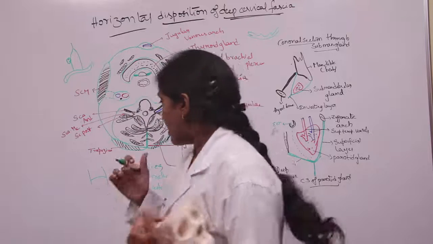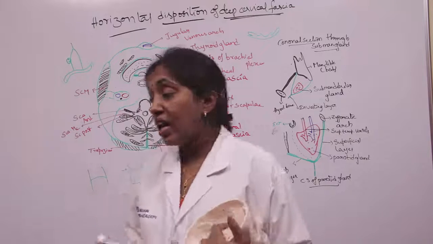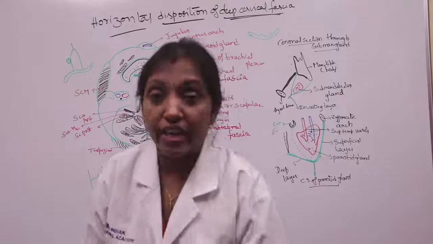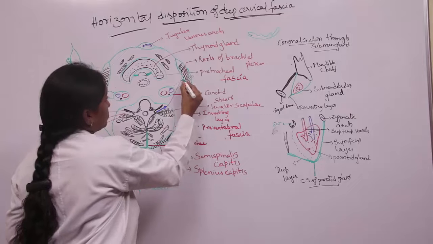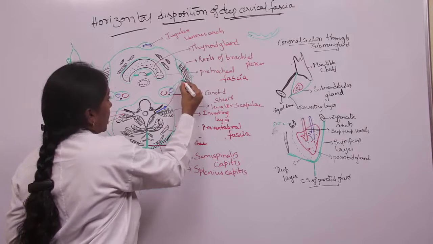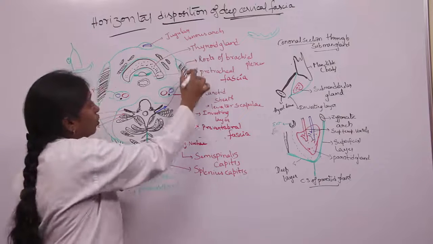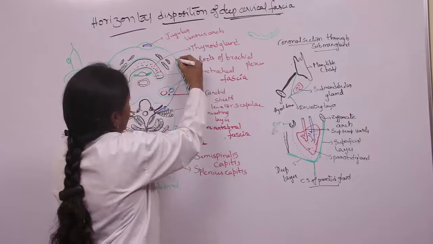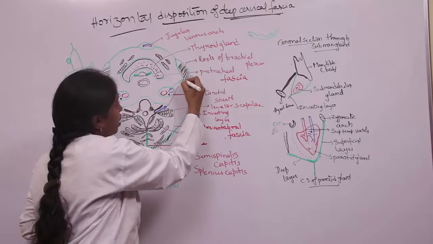So coming to the next layer. After the investing layer, we have another layer called the pretracheal layer. Coming to the horizontal disposition of the pretracheal layer of the deep cervical fascia, it comes as a fascial process below the sternocleidomastoid. We know that the investing layer of deep cervical fascia splits into two, an anterior layer and a posterior layer. So the pretracheal fascia comes as a fascial prolongation from the posterior layer of the investing layer